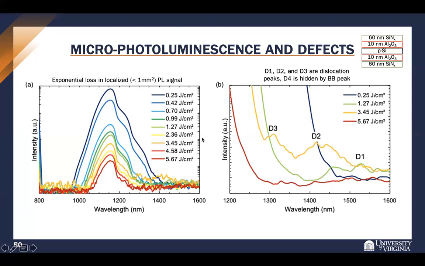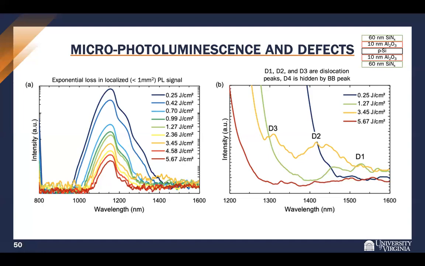There are 4 defect peaks that appear in photoluminescence: the D1, D2, D3, and D4 peak, which correspond to dislocations in the silicon lattice. You can see that at 1.27, the D1 peak begins to appear, and then the D2 and D3 peak appear at higher fluences of 3.45 joules per centimeter squared. And then at even higher fluences, these peaks all disappear, possibly due to remelting of the silicon in the laser